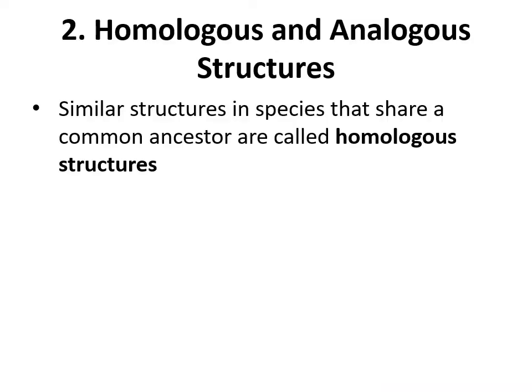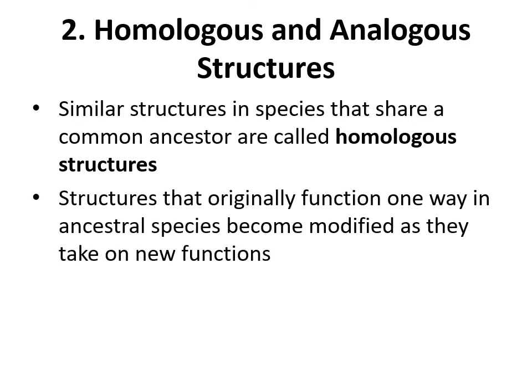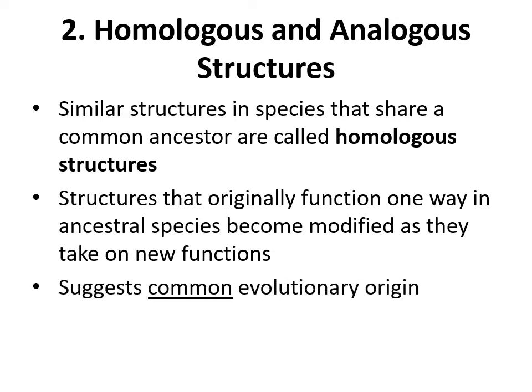Second one, so the distribution of species, biogeography, is the first one. The second one is looking at homologous and analogous structures. Similar structures in species that share a common ancestor are called homologous structures. Structures that really function in one way in an ancestral species become modified as they take on new functions. So let's look at some examples of this. This would suggest that if they're using a modified version of a structure, that they share a common lineage or